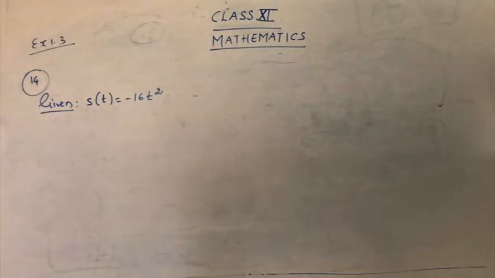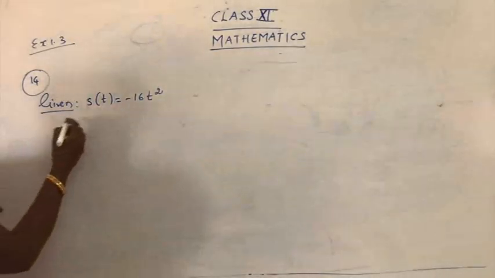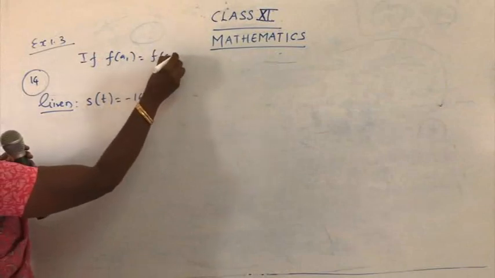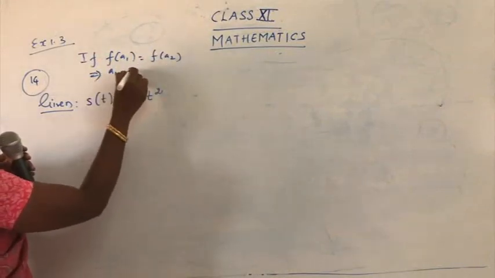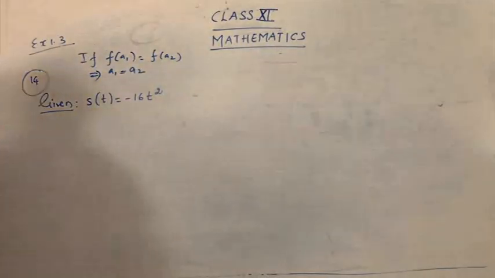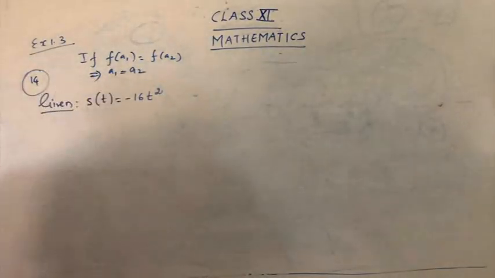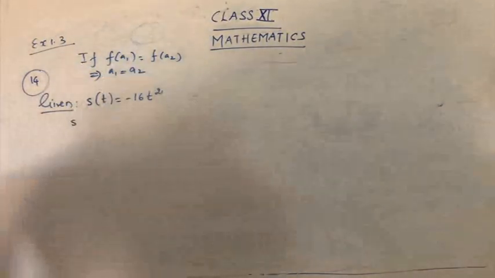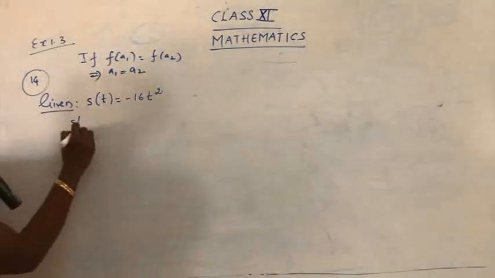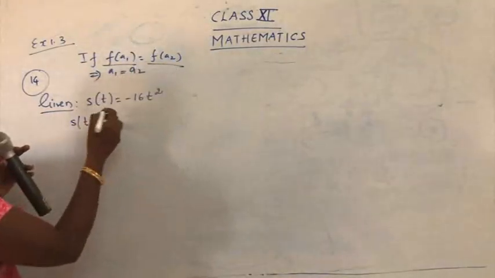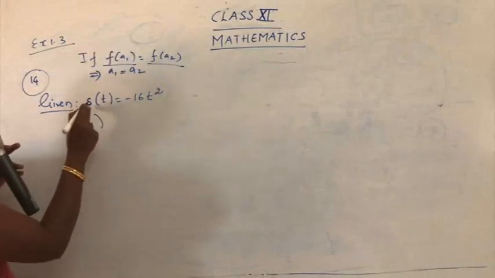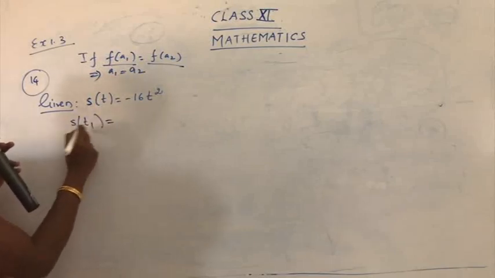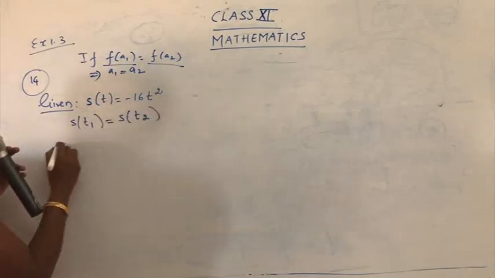Okay, so write down here. Do you remember this? If f of a1 is equal to f of a2 implies a1 is equal to a2, we should say that it is a 1-1 function. Similarly, we are going to follow the same method here. Here s of t is given, so you write s of t1 is equal to s of t2. Same as f of a1, f of a2. Here we have a function s of t, so instead of f, you take s, and t is taken as t1 and t2. S of t1 is equal to s of t2 implies,